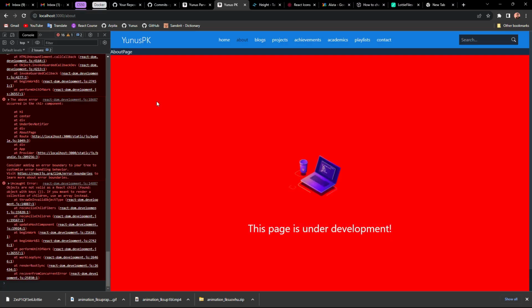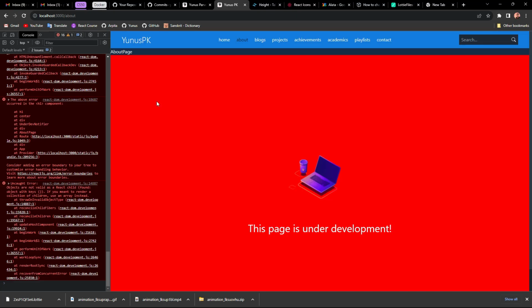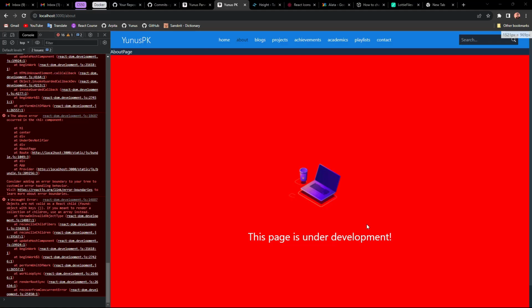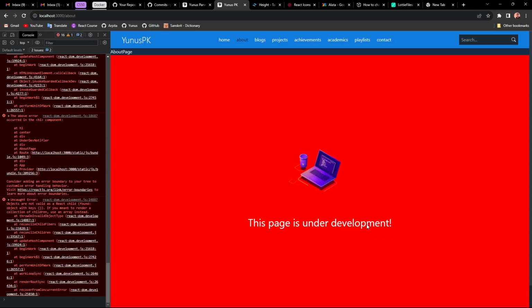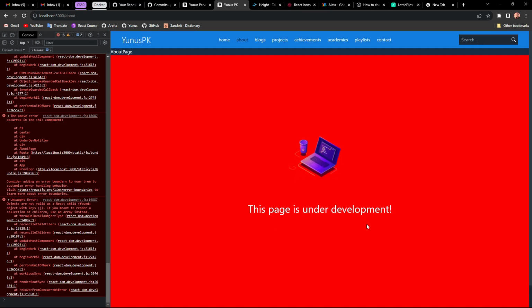Now that's perfect. What we're gonna do now is, from top, 50% doesn't look good. From top we can give it like 45%. That looks better. 40%, that looks even better.